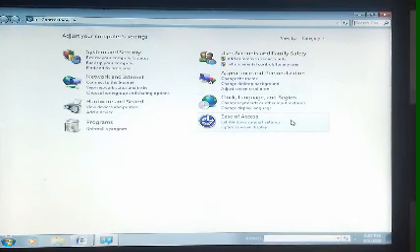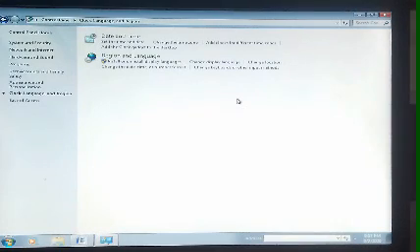So step first is select the clock and region category. So dear students, this is the clock, language and region category. You have to just click over here, and then step second is click on date and time.